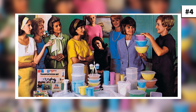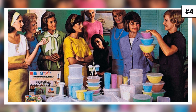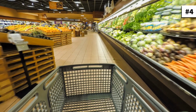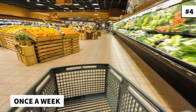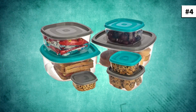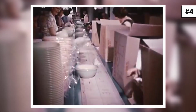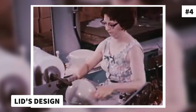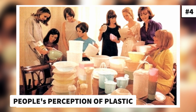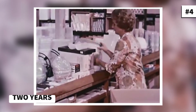This modern marvel was tailor-made for the suburban housewives that ruled the kitchens in 1946 with modern appliances and large refrigerators, which allowed them to only go to the grocery store once a week, thereby making them the perfect candidates to take advantage of the most effective method of food storage. Despite Tupper's ingenious idea, the intricacies of the lid design were still causing confusion among the masses. This, combined with people's perception of plastic at the time, resulted in unsatisfactory sales figures even 2 years after the